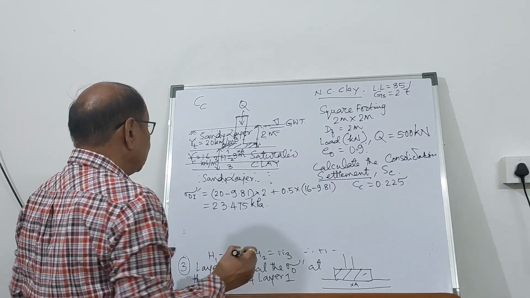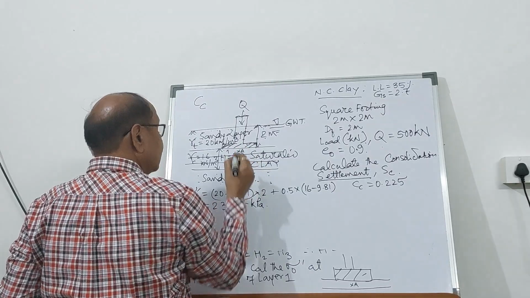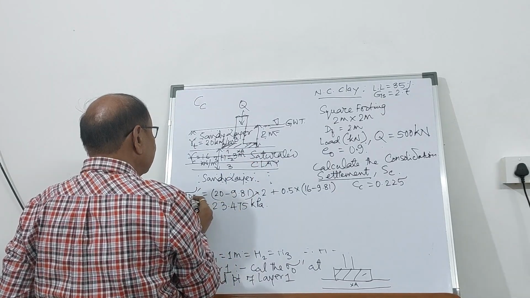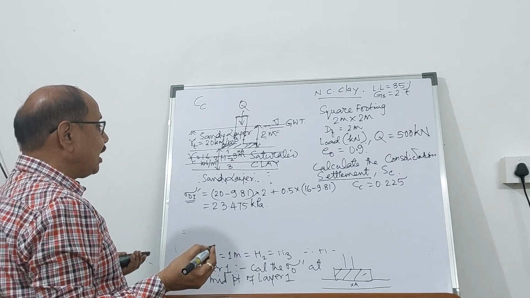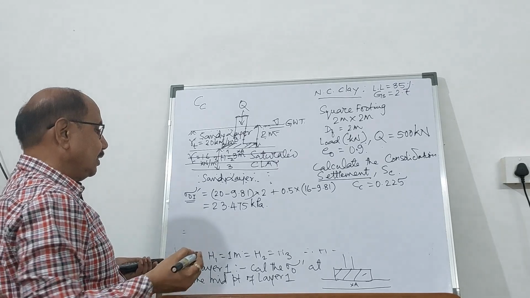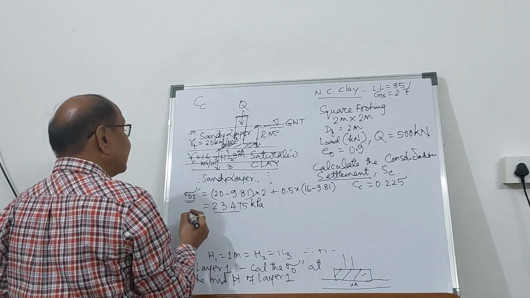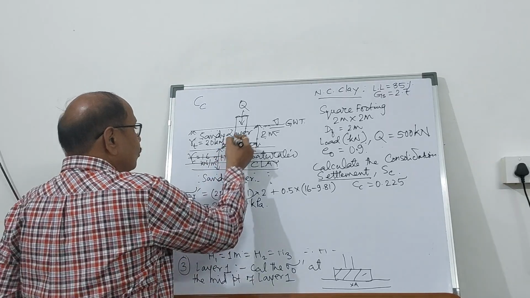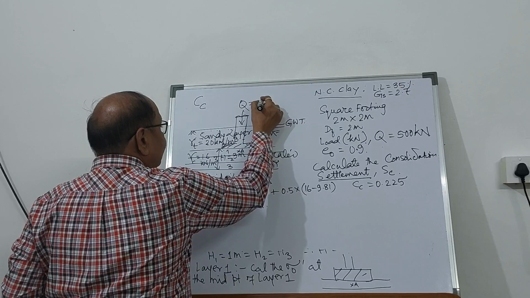So at the midpoint of layer 1, I am getting the effective overburden pressure due to the self weight of the soil mass for the saturated clay, which has been calculated. Now, you are applying a load of 500